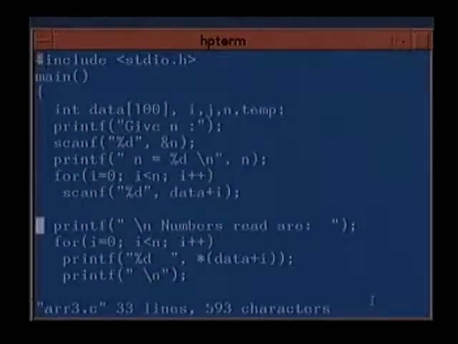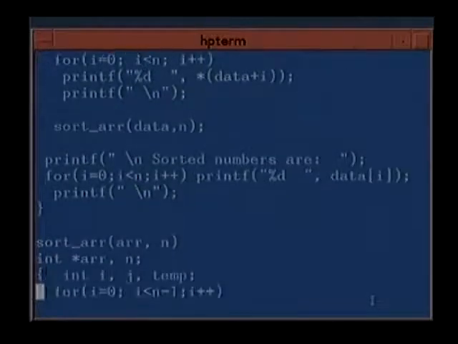The third example is identical to the second example, except this declaration. Here we declared only a pointer, because that's all we need. We don't need to allocate elements. In the previous case also we did not allocate anything. We just declared that the array address is a pointer to an integer. That is the content of arr, which is equivalent to the start address of the array. What is this? This is &arr[0].